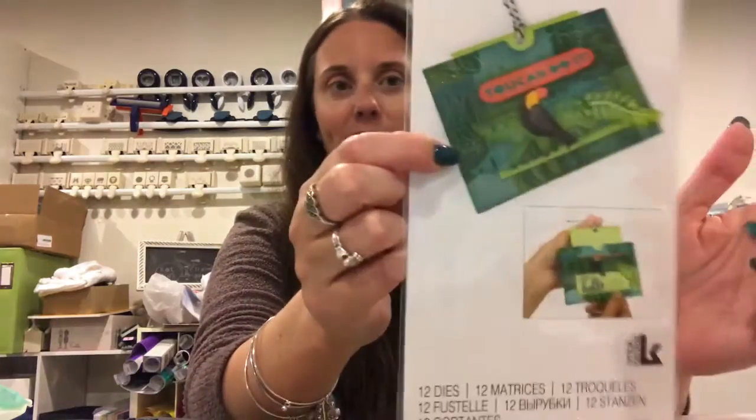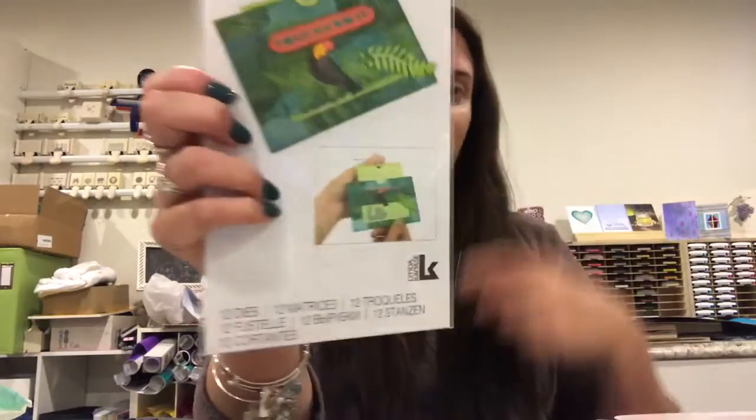I think a lot of these would look really good with distressed inks, distressed oxides, especially with a background like this. That would look really cool because you could do the blues and the greens like this. So those are that. And then I got 2 Tim Holtz